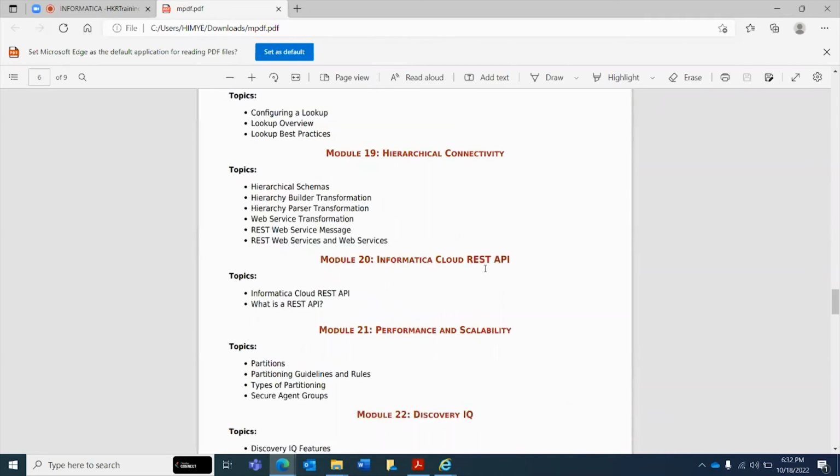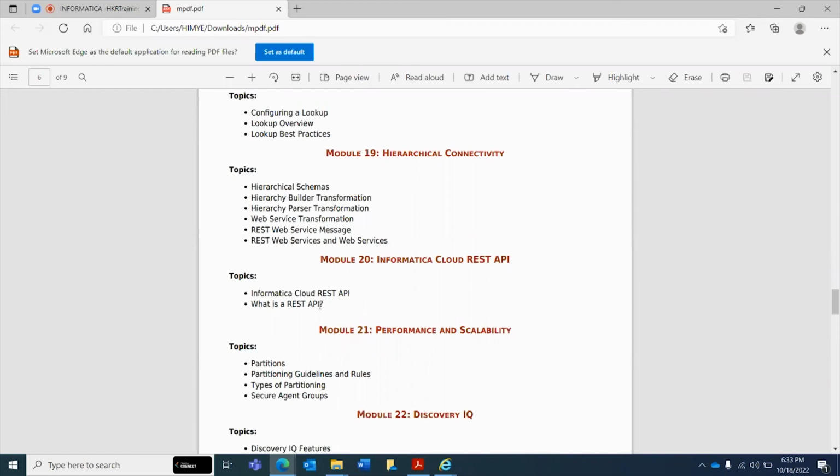And coming to Informatica Cloud REST API, Informatica Cloud is a cloud tool, and it also has an API, right? See, you are a user in Informatica Cloud. If you want to read what type of connections it has, how will you get to know? You can't go and check manually, right? So that's why Informatica Cloud also provides its API to read that.